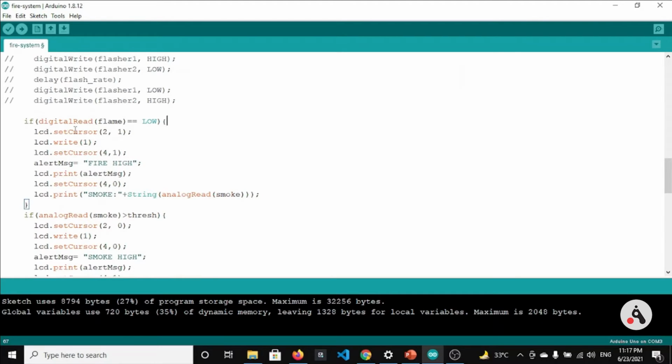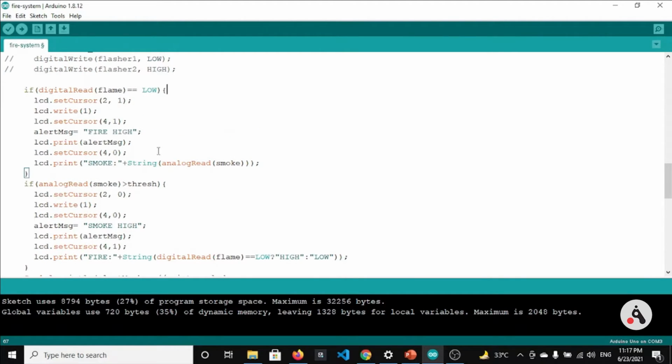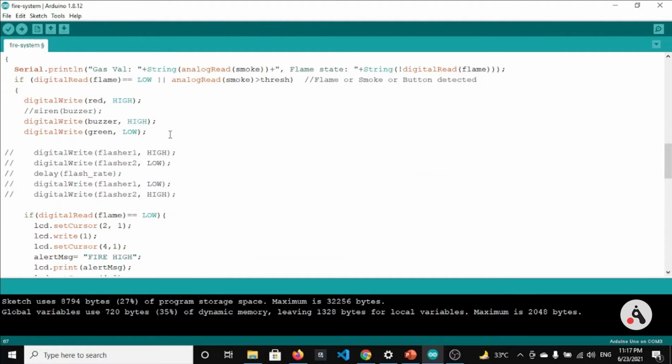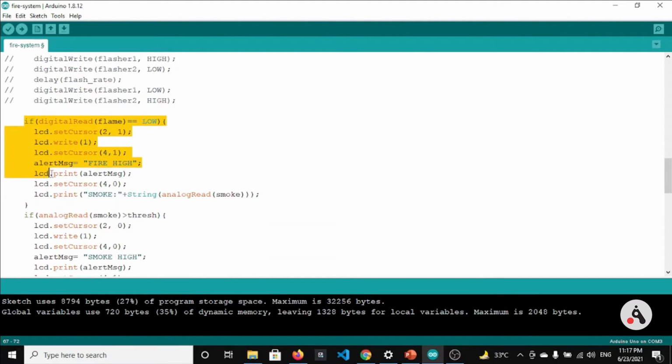For displaying on the LCD display, we are using these two sets of code. In this if condition, if the flame is detected using this flame sensor, we are putting one more if condition so that we can show the correct statement.